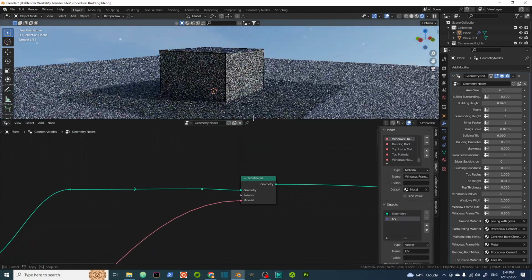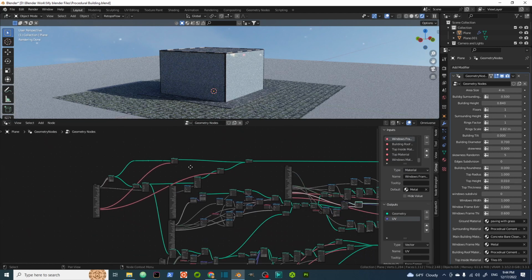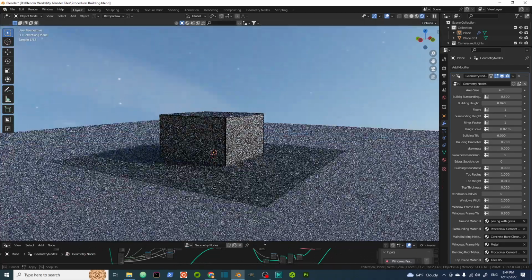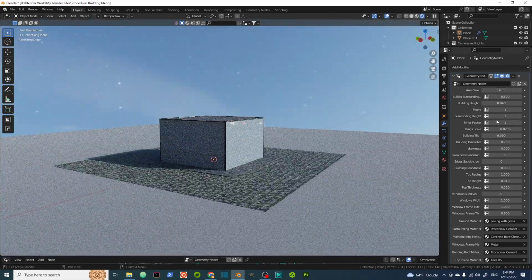As you can see here, I'm gonna just show you the big mesh of nodes that I have used to create this generator, and all of this can be controlled with only the controls on the right hand side that you can see here. But before we start playing and converting this into a big tower of multiple floors and different shapes, or a skyscraper of, let's say, hundreds of floors with different shapes as well,